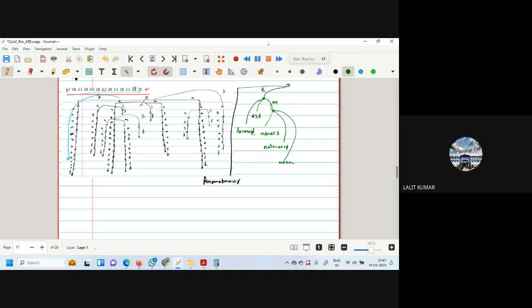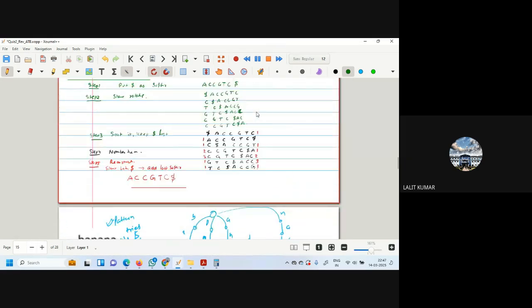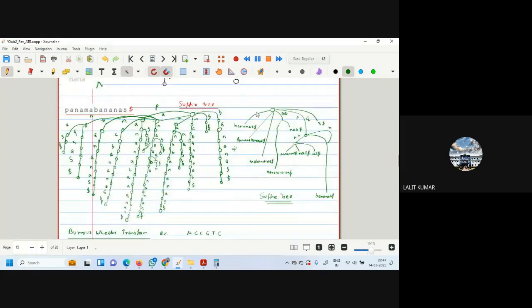Okay, so this is how, and when you condense this, it is known as a suffix tree. So there are 3 steps. First step this, and second step this, is to make the suffix tree. Is this clear to everyone? How to make the suffix tree? Yes. Okay. So the suffix tree we have seen, and now we go to the next concept, the Burrows